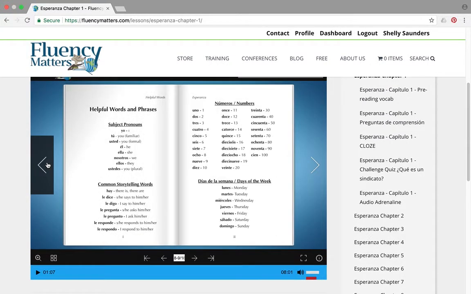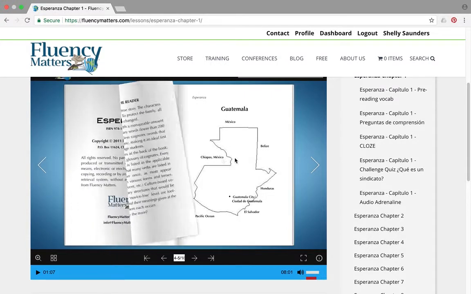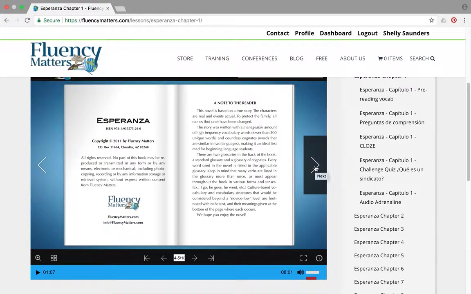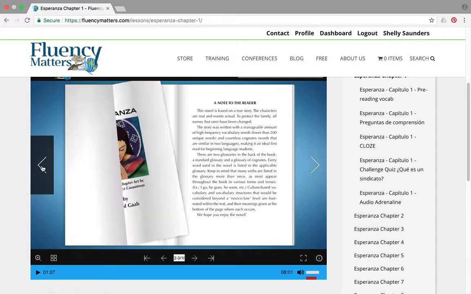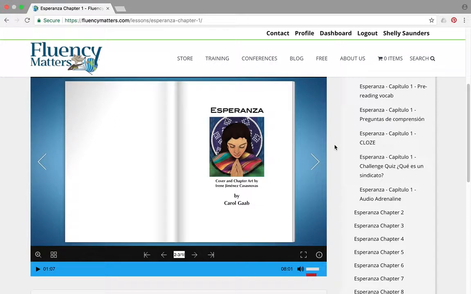So don't let that frighten you. I know you're still true beginners. If this is beginner Spanish second semester, I understand that that might intimidate you a little bit, but these novels are meant for true beginners. The vocabulary is very limited, and you're not expected to be a fluent native Spanish speaker in order to understand them. So the website that you're seeing in front of you on the screen is called fluencymatters.com,